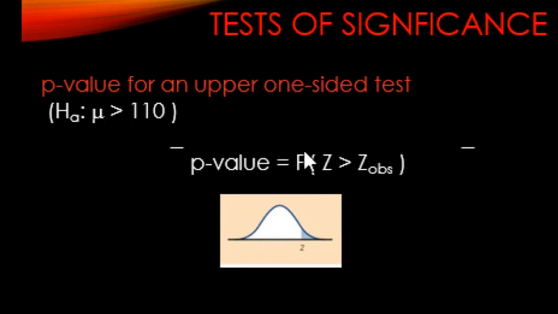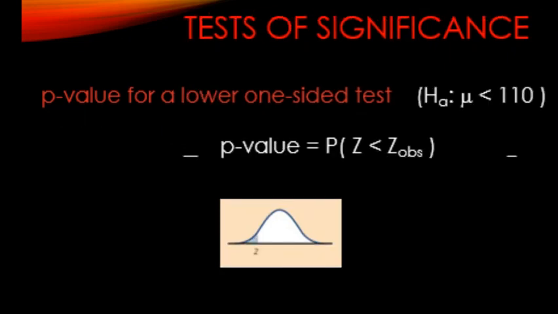Okay, then the p-value is calculated as the probability of z greater than z observed. That's your test statistic that you're calculating from the sample data. So it's a simple probability. If you see here, the sign is the same as the sign in HA. So we calculate this probability and compare it with the value of alpha, and then based on that make a